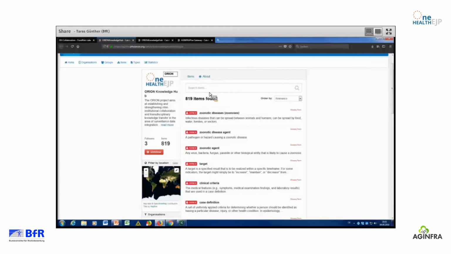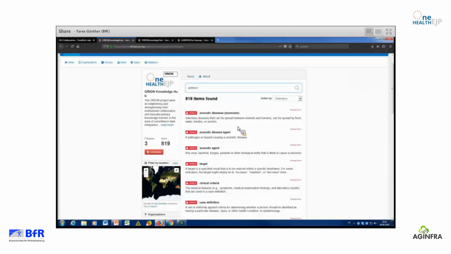So we have different opportunities. First of all, and I think this is the most intuitive, you go to the search bar, and there you have multiple options for searching. The first option is a full text search, and there you can enter more than one option. The first option is for sure to type in, for instance, I want to search for the term antimicrobial. What is in fact antimicrobial, how is it defined in the different sectors. So I type it in,